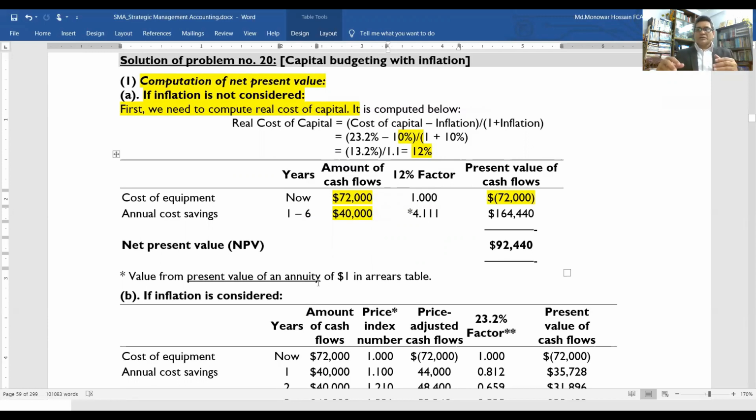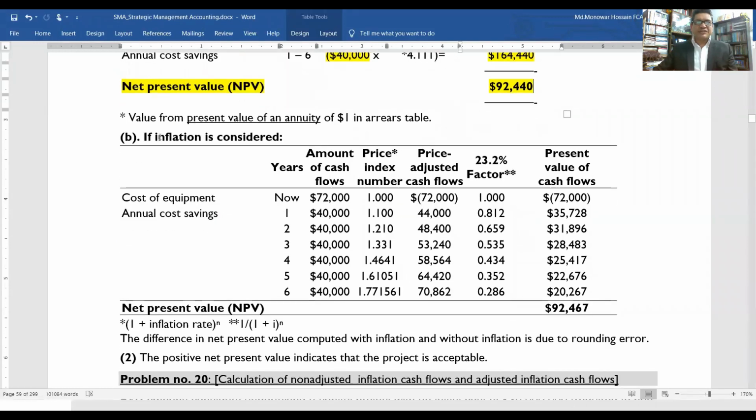If you go to the sheet with the present value of an annuity of $1 in arrears, we see the cumulative factor for 1 to 6 years, if we add these, is 4.111. We multiply 40,000 with that, and we get 164,440. So the net present value is 92,440. Here, if inflation is considered,